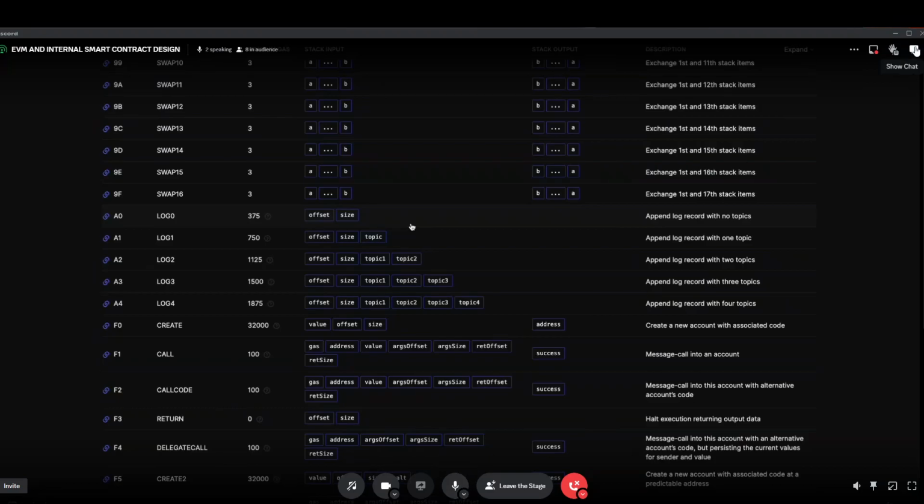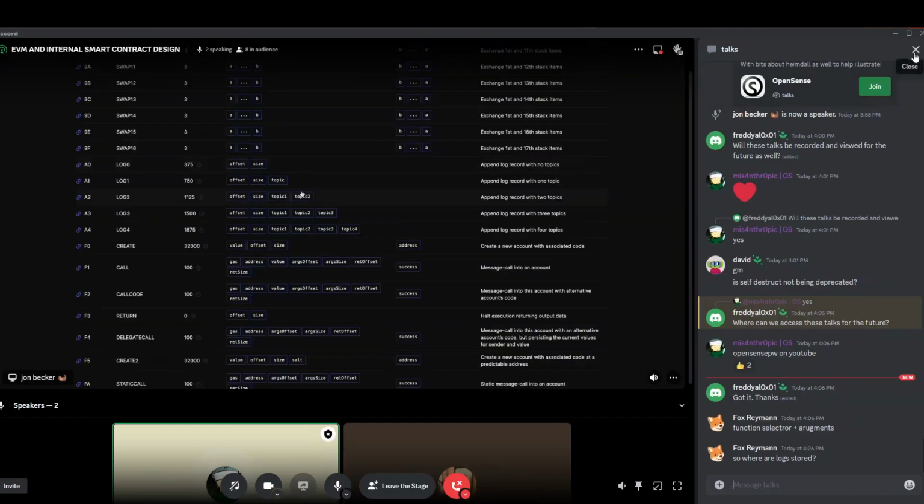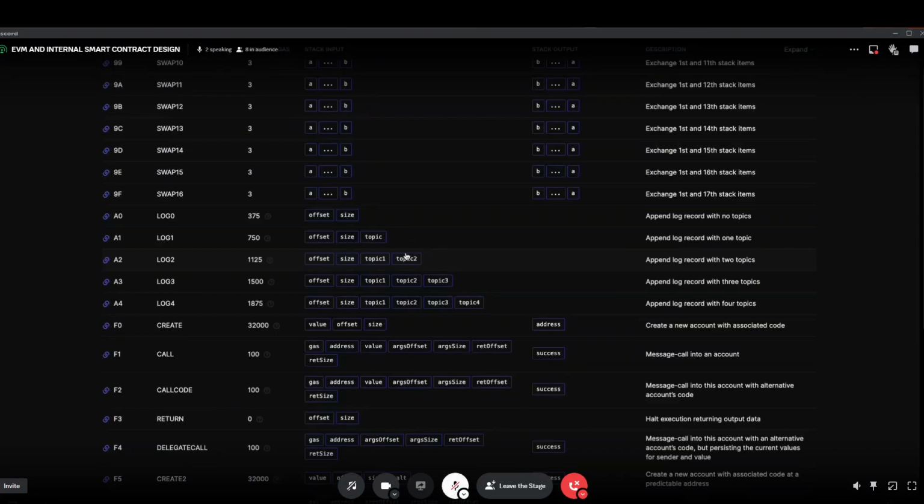I have a question here. Where are logs stored? They're stored in the state Merkle tree. Awesome. I haven't talked much about that because it's something I don't completely understand myself. I'm still learning. But basically, the state Merkle tree has all the information for account balances,